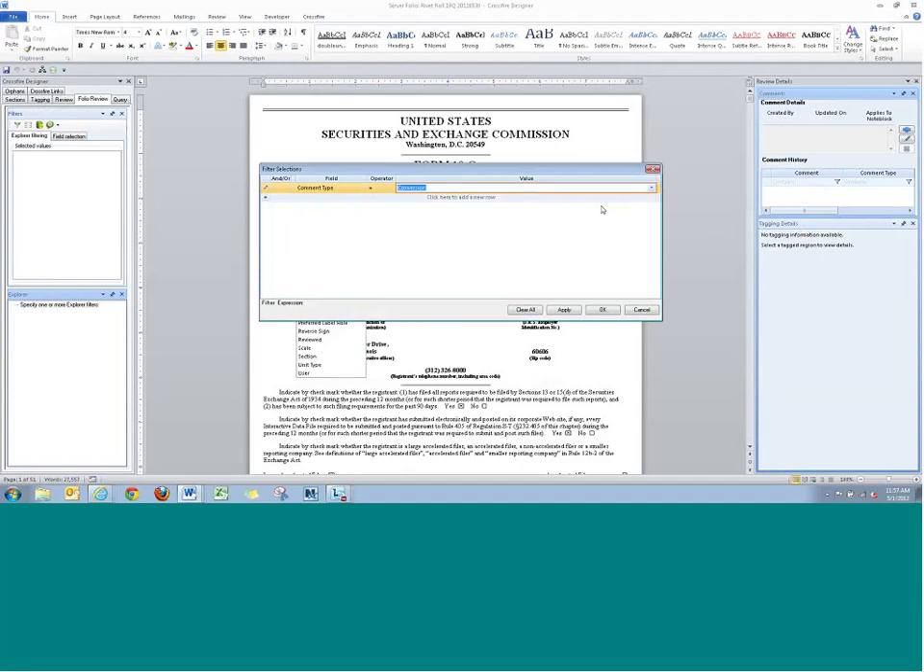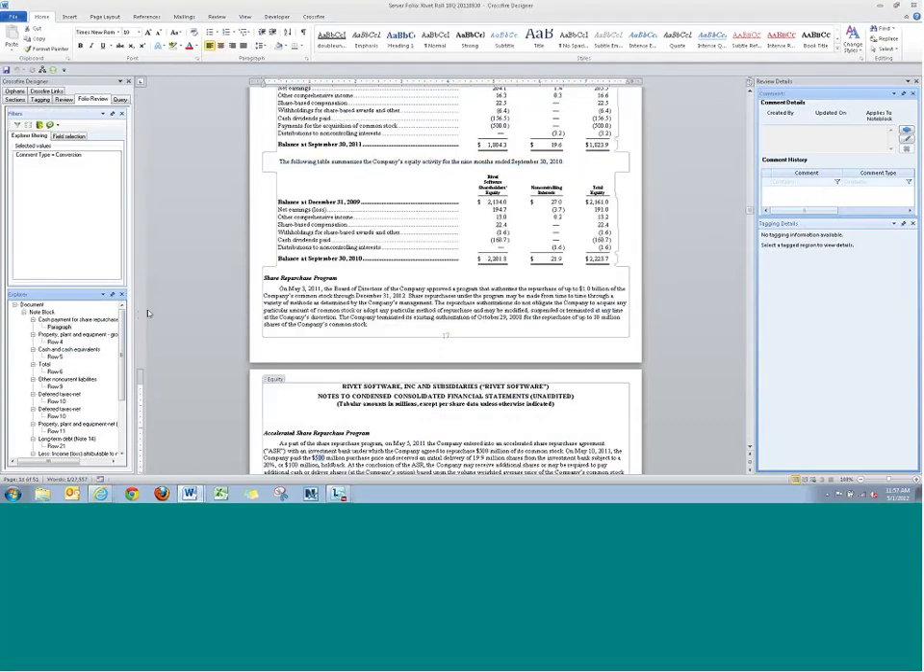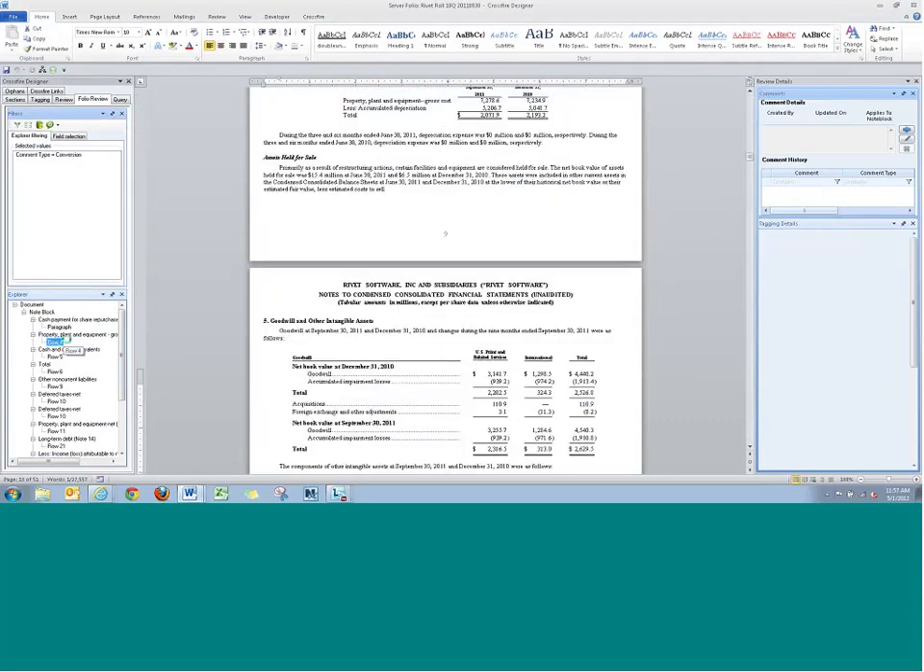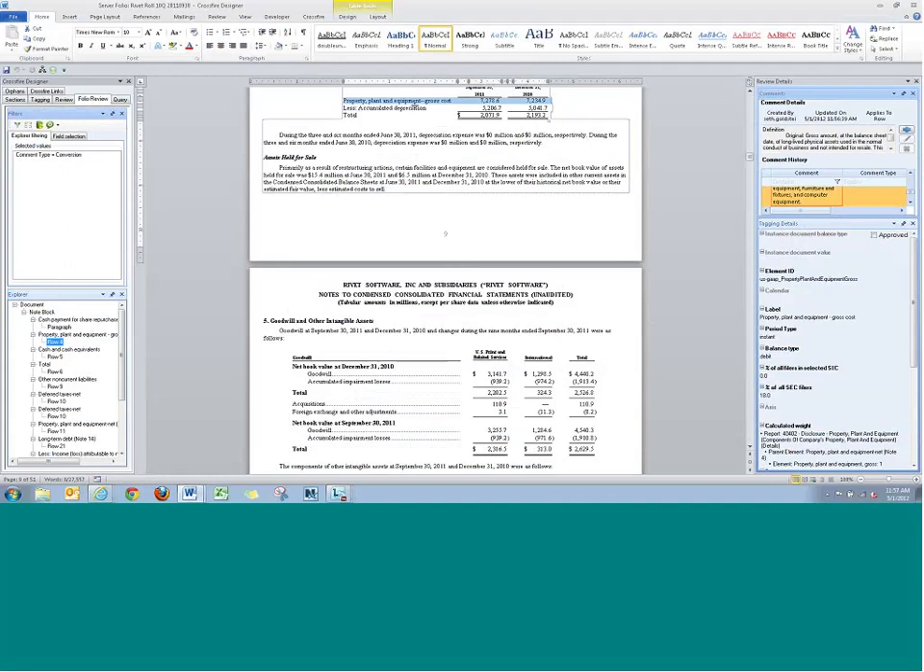So there's this conversion option. When I click OK, the folio review is going to show me all the updates I just made, where they apply, and I'll just show you an example. So it looks like the definition of property, plant, and equipment gross has changed. So if I look here in this comment details box,